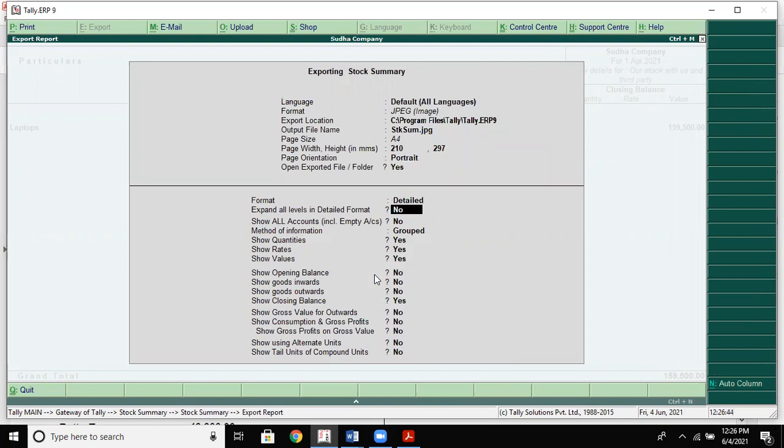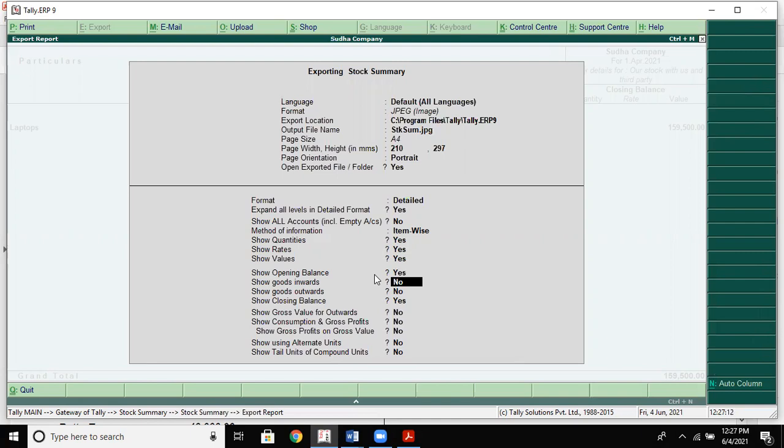So detail you can go. Expand all levels in detail format, go for yes. Show all accounts, inclusive empty accounts, no. Then method of information, grouped or item wise. Show quantities. Obviously, when you're seeing stock, we need to see the quantity also. Rates, yes. Values, yes. Opening balance, yes.